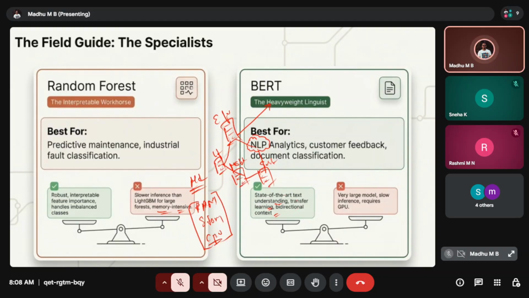Coming to the disadvantage of this specific model, it is a very large model. It is not only the CPU that is required, we need the GPU also. So the initial investment in these models will be much higher, and training these models requires a lot of time and resources. It is a pretty costly model. That is the disadvantage of these models.